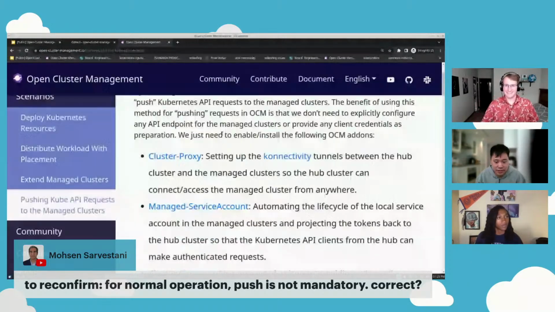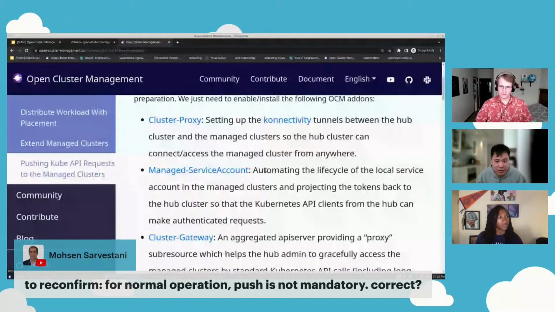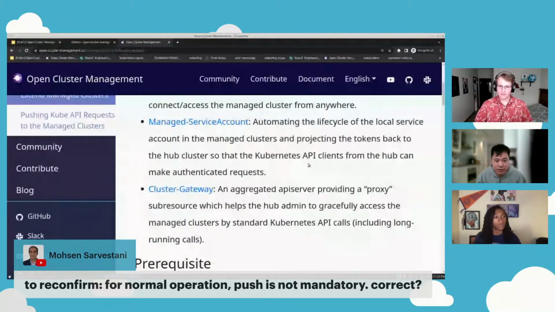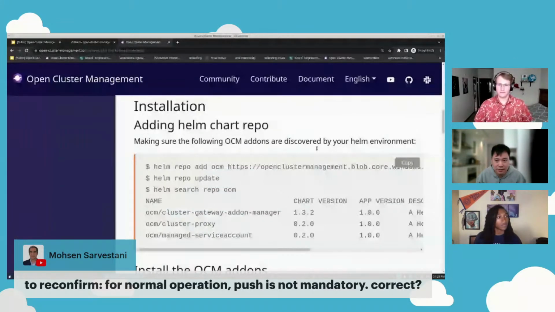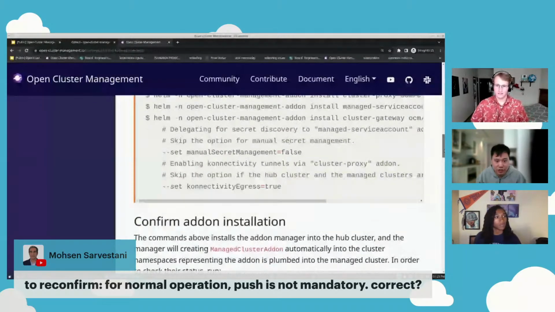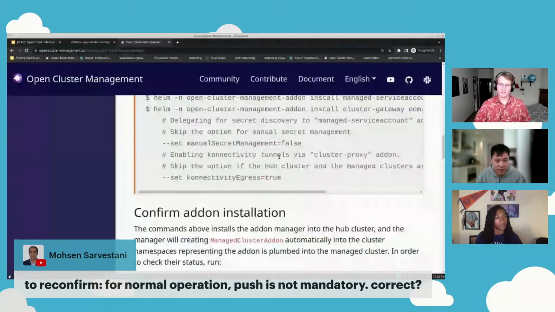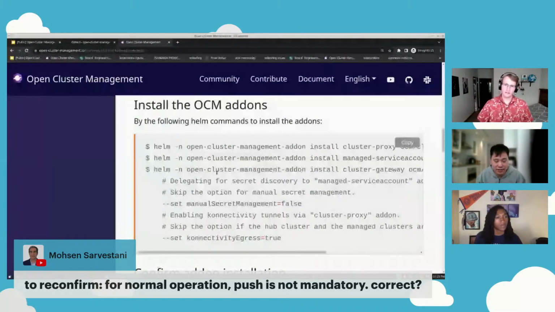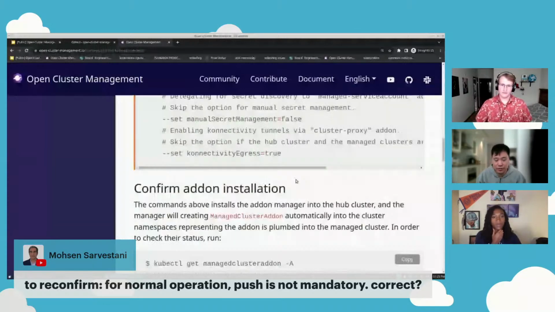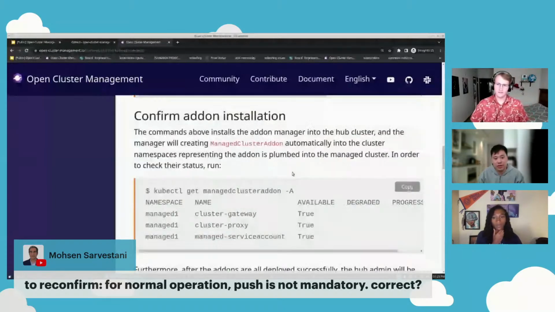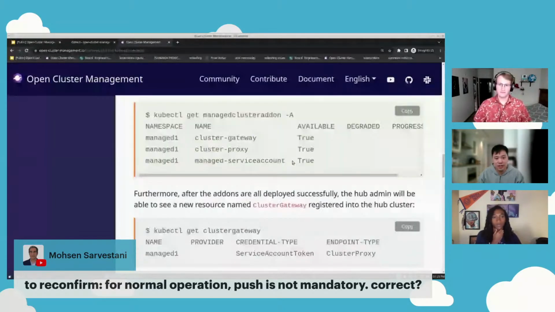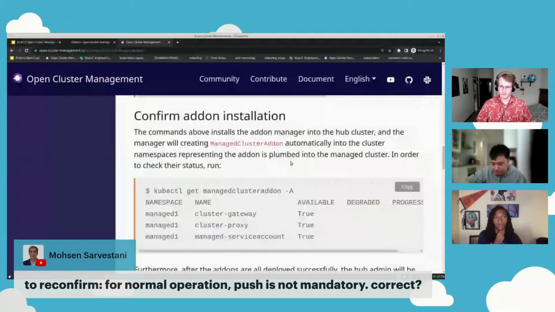So you need to set up a cluster proxy add-on and a managed service account add-on, and then you follow through the setup. Then at the end, with the hub kubeconfig, you can actually proxy through to your remote cluster. With that ability, you can push whatever workload you want using this cluster proxy.